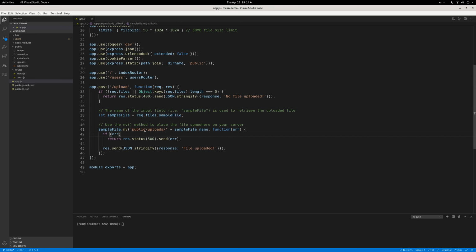And the folder that I use to store my files is called public/uploads. I also use whatever the file name being uploaded as the file name, so sampleFile.name as the file name. So this is the folder where I will save my uploaded file. And the endpoint is the same. Basically, your localhost